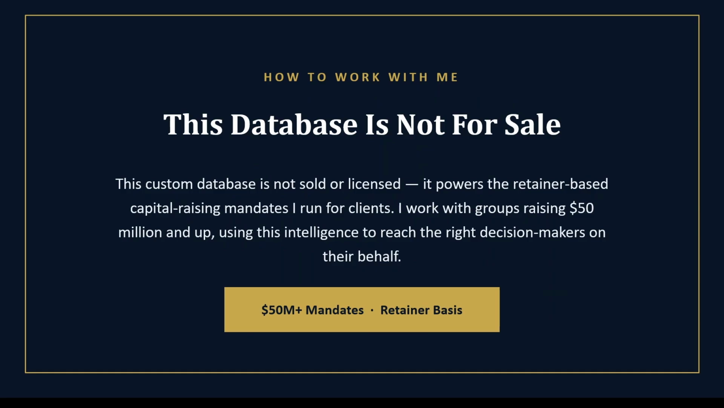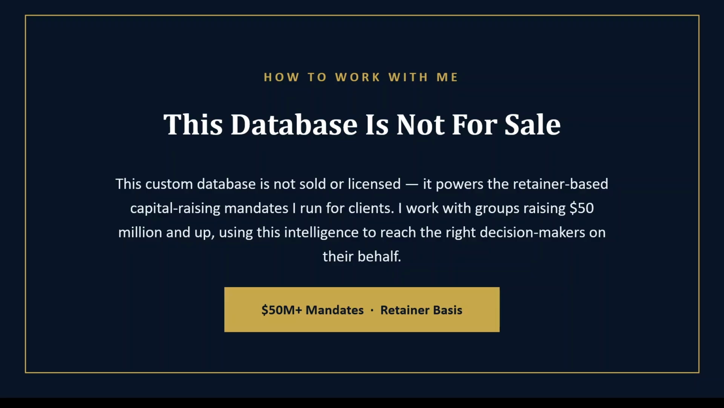I'm going to show you this Excel spreadsheet coming up in a bit, but this is a custom database and it's not sold or licensed. It powers the retainer-based capital raising mandates I run for clients. So I work with groups raising from $50 million and up, using this intelligence to reach the right decision makers